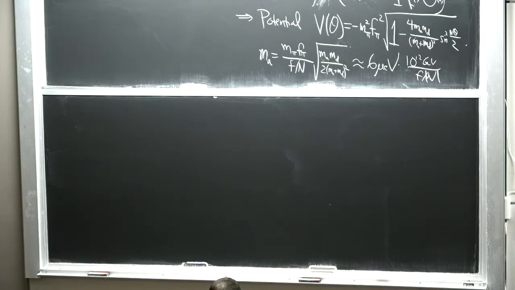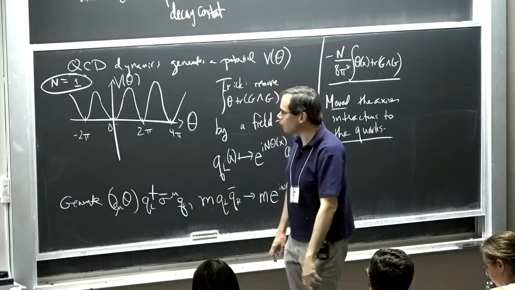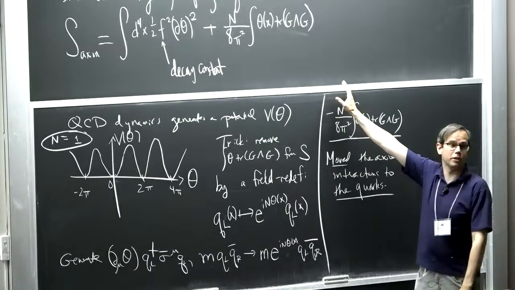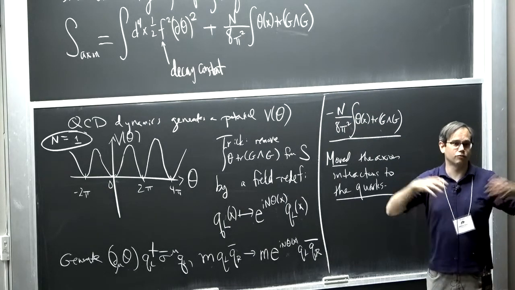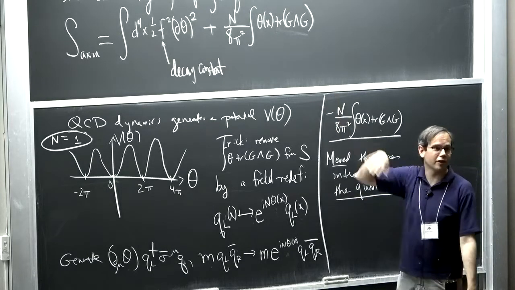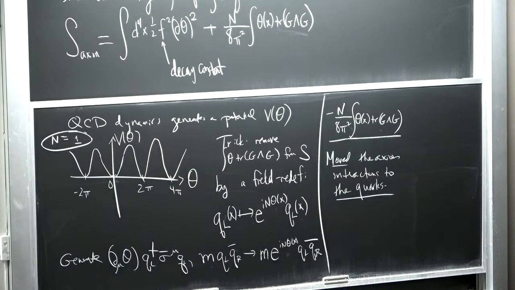Okay, so just a couple of brief remarks I want to make about language. I've been calling this the axion. The word axion is sometimes used for more general fields that don't necessarily couple to gluons like this, but maybe have similar couplings to photons, like a theta F wedge F for photons. Some people reserve the word axion for one that solves strong CP and call the other things axion-like particles. Some people use the word axion for all these things and call this one the QCD axion. I'm just going to say the word axion in general.